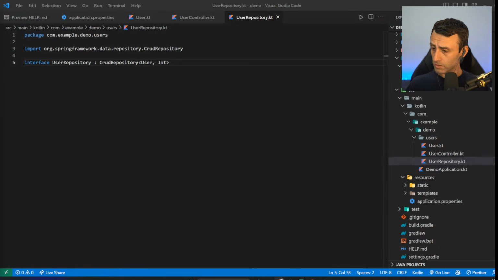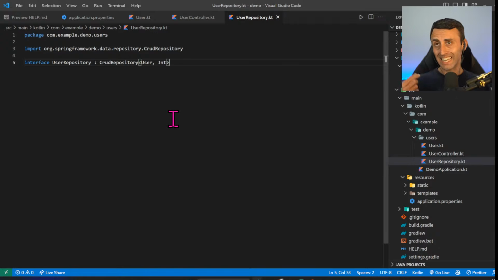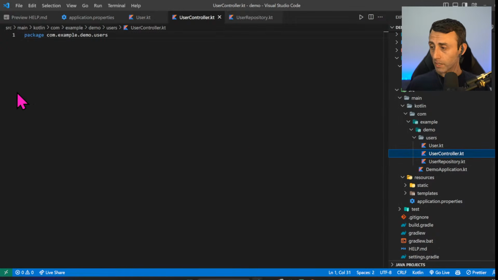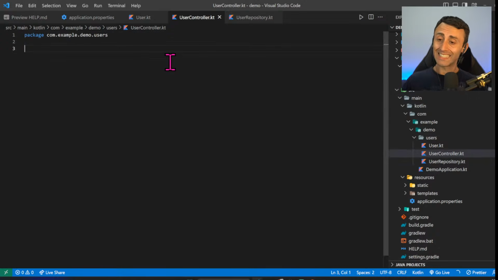Nice. Let me check. Perfect. Nice. Now let's create the user controller. So let's go here in the user controller, and let's import some